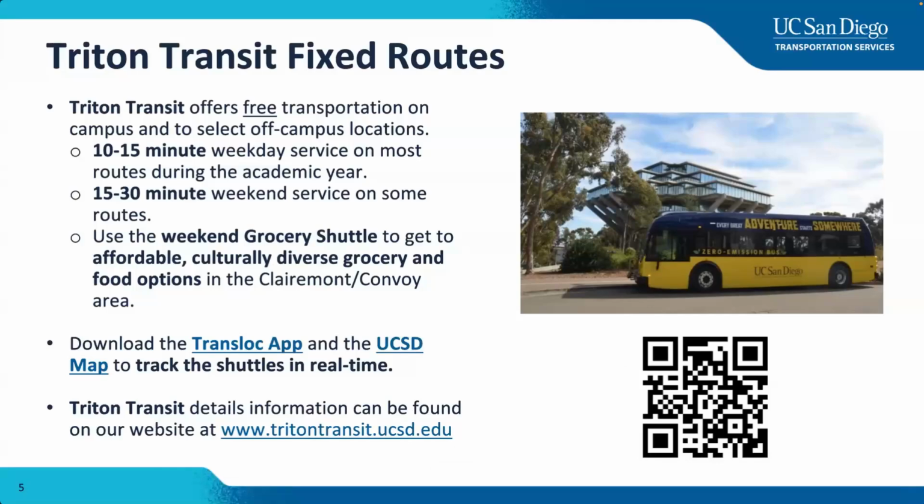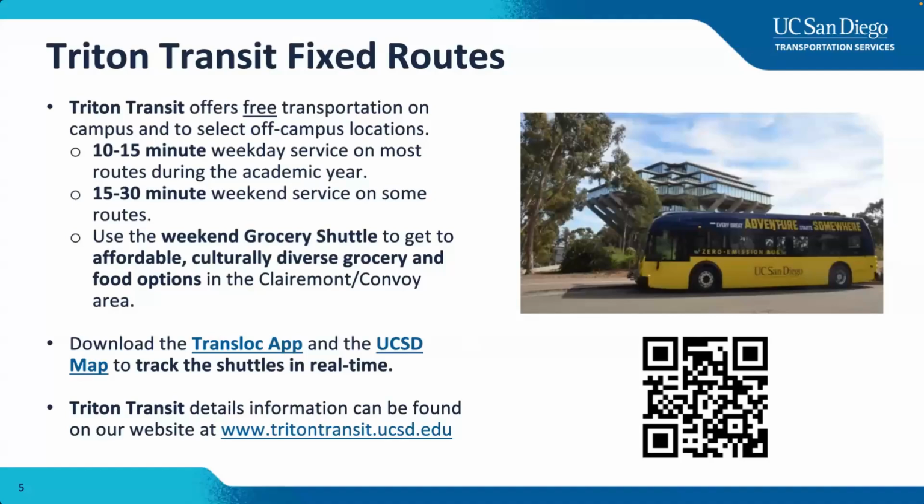You can also see that on the UCSD Maps web page. So if you look that up on Safari, Google Chrome, whatever you prefer, it should be an animated map of the campus. You'd head under the transportation office and then click Triton Transit, and it'll show you all of our routes as well as all of the pickup locations and spots that we have. So Translock, great resource for you to have. We would highly recommend you download that, as well as using and utilizing the UCSD map that is offered online through a web browser.